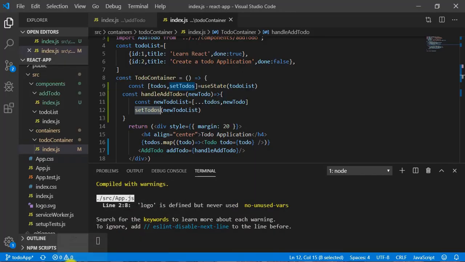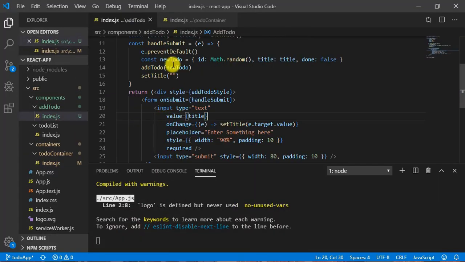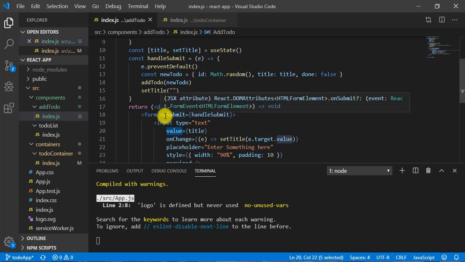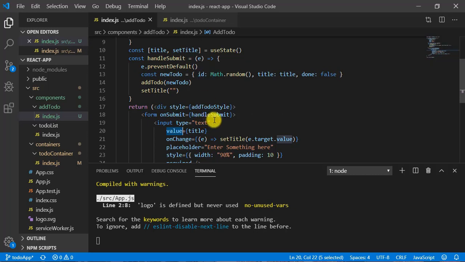So let me explain what I am doing. In the AddTodo component I have this form, and inside the form I have this input box and submit, okay. So here I wrote this value equal to title. So title is a state which is initially empty, okay. On change I am setting the value. So on the form submit event, I am handling the submit and calling the parent function, okay.